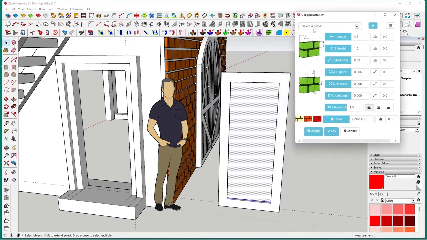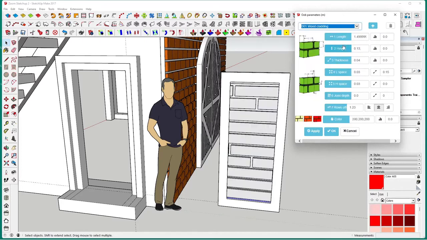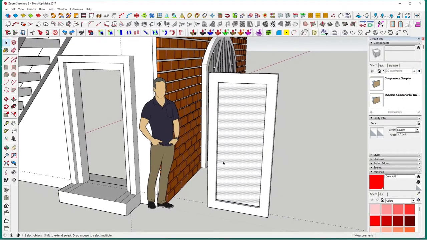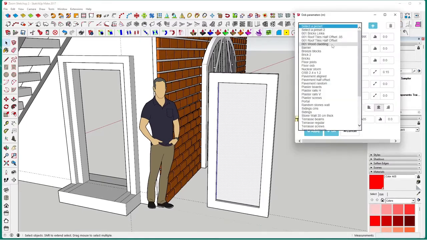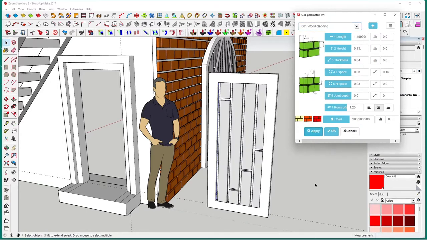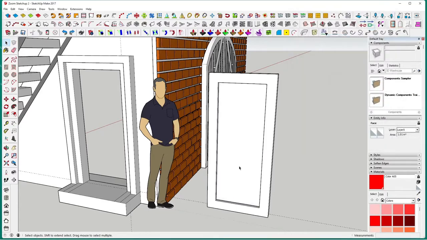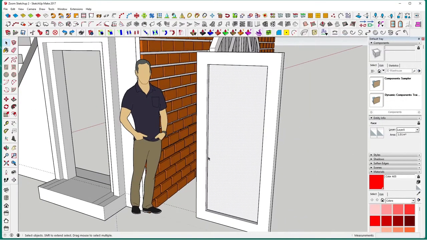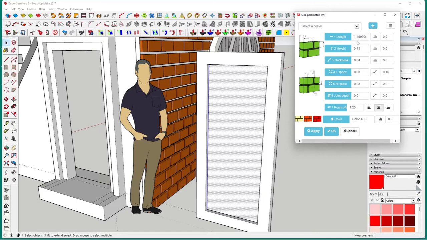Go to our OOB, wood cladding. I don't think it looks, we'll cancel that, and we'll go upwards because I think it looks better going up and down. And a wood cladding, and we apply that. If you don't want the gaps, we'll cancel that. If you don't want the gaps where the wood joins, select wood cladding. Length has got 1.4, so that'll be about 15 mil. If we change that to 100,